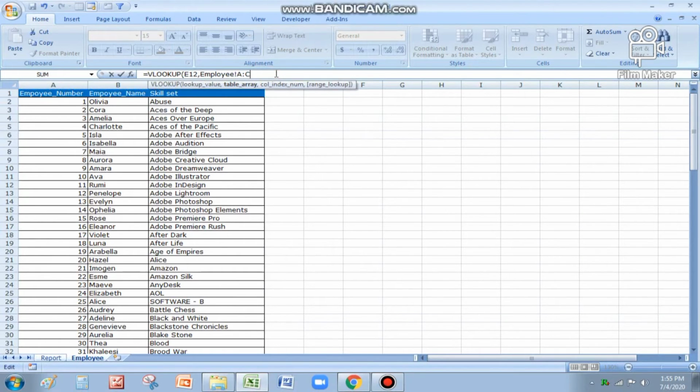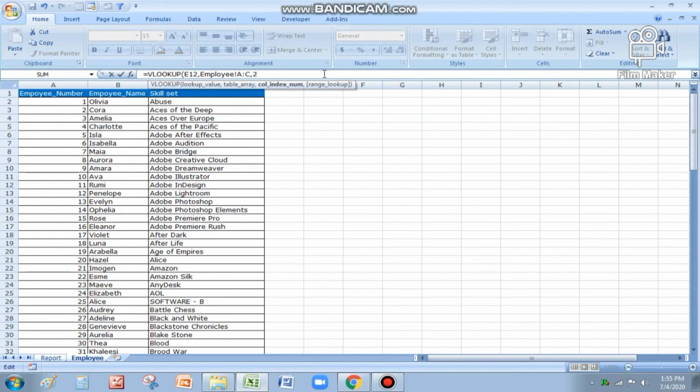Then put comma. The next syntax is column index number. In our report sheet, I'm looking for the employee name based on the number I entered in the employee number column. From employee number to employee name, this is the second column.